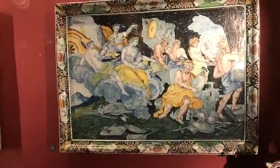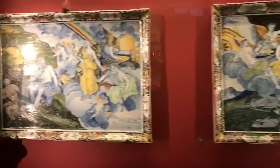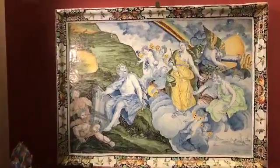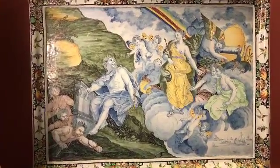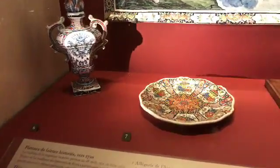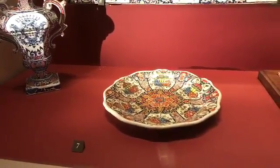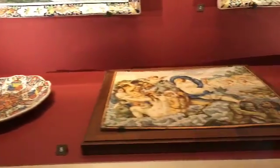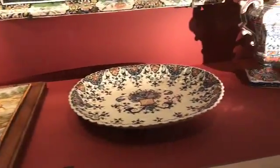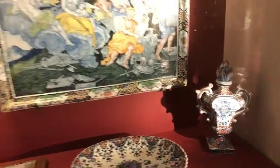Here you will see a table set used to decorate the hunting lodge, the hunting castle of the Duke of Chantilly. These are plates. There was in the middle. Everything is double, very attached to the symmetry. At that time in Europe, we had the idea of Caribbean islands of slaves. So Chantilly was a